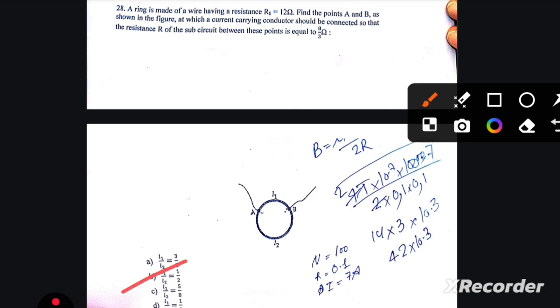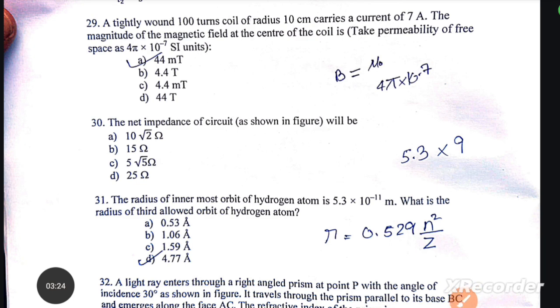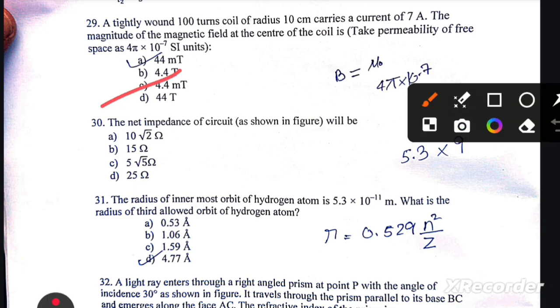1 by 2. L1 by L2 is 1 by 2. Next question. A tightly wound 100 turns coil of radius 10 cm carries a current of 7 ampere. The magnitude of the magnetic field at the center of the coil is 4.4